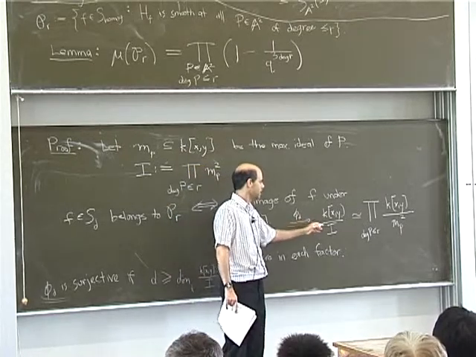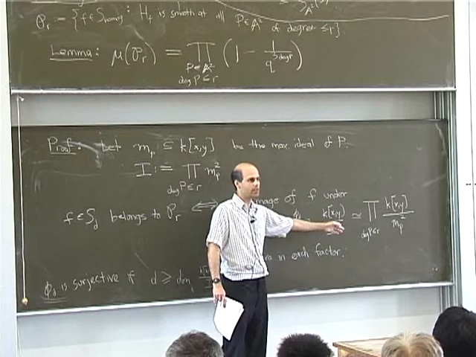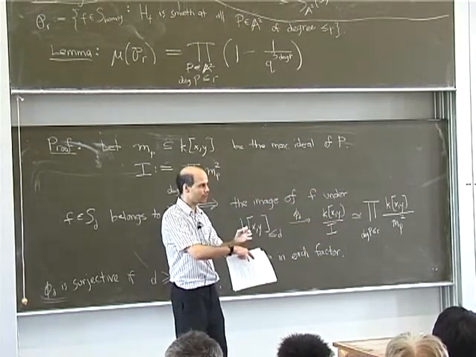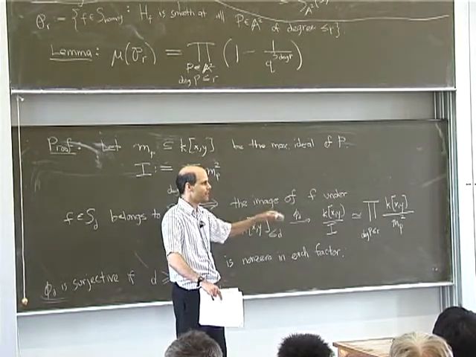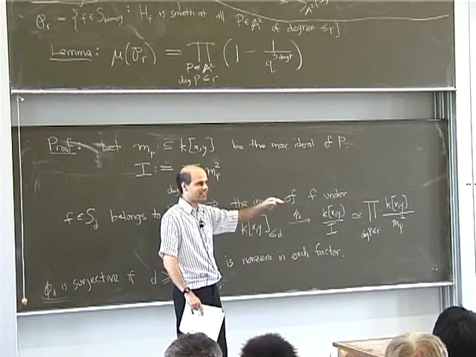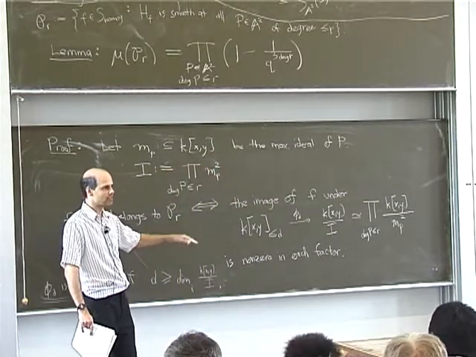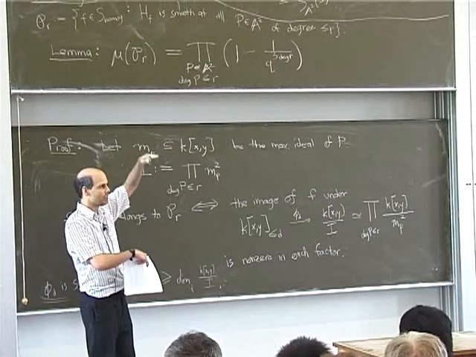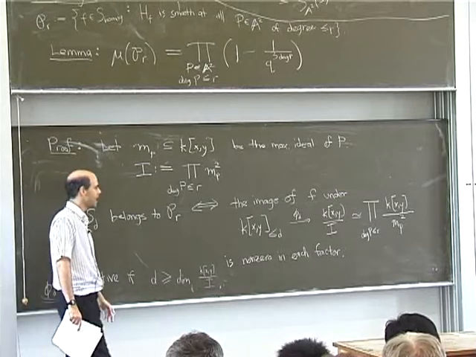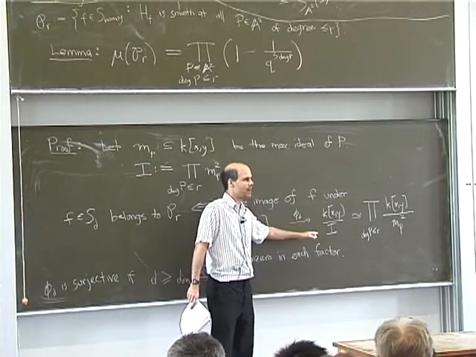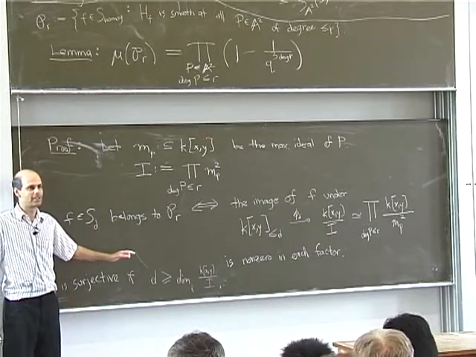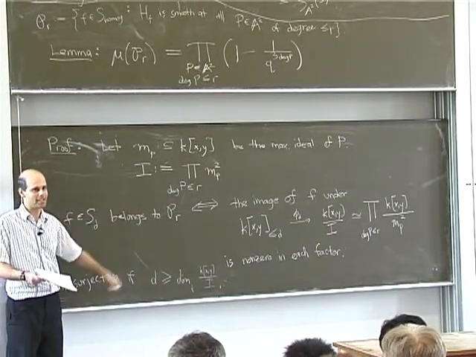So there's some process that takes the image for a given D and gives you the image for D plus 1, and I know that when I iterate this process, eventually I get the whole thing. Now, if this process got stuck somewhere before it filled up the whole space, it would be stuck there forever. So what has to happen is that this image strictly increases as D grows until it fills up the whole thing. And so the number of steps is only the dimension of this space. By the time you get up to D equal to the dimension, it must have filled up the space already. Maybe I should have written some of that down, but it's not a big part of the argument.